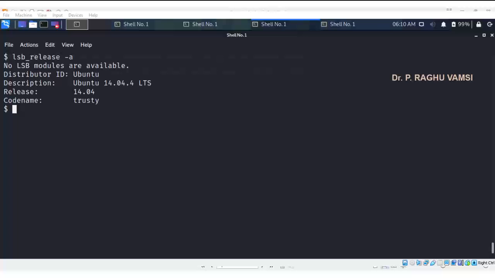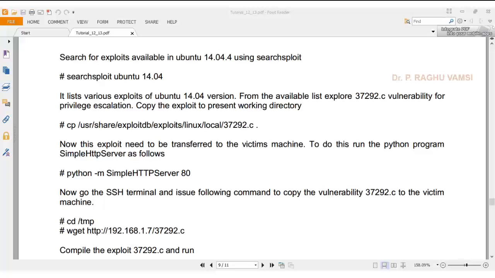So after executing this command, we got that the distributor ID is Ubuntu, the description is Ubuntu 14.04.4 long-term support LTS, and the release is 14.04. Now we'll try to check for any vulnerabilities present in this version of the operating system. To do this, search for exploits available in Ubuntu